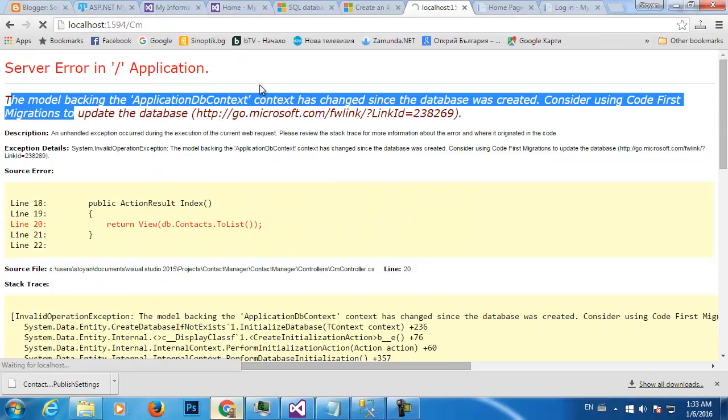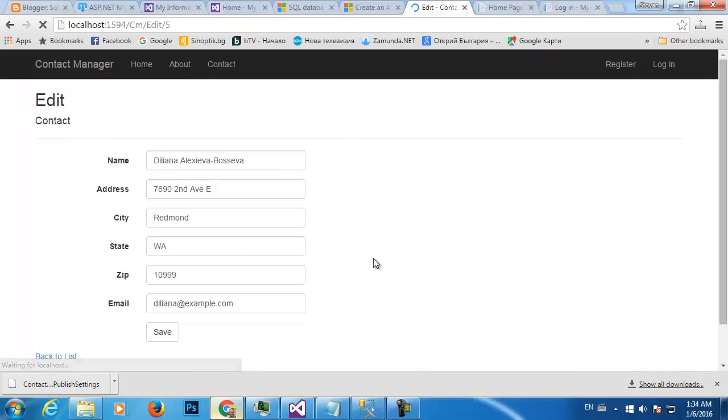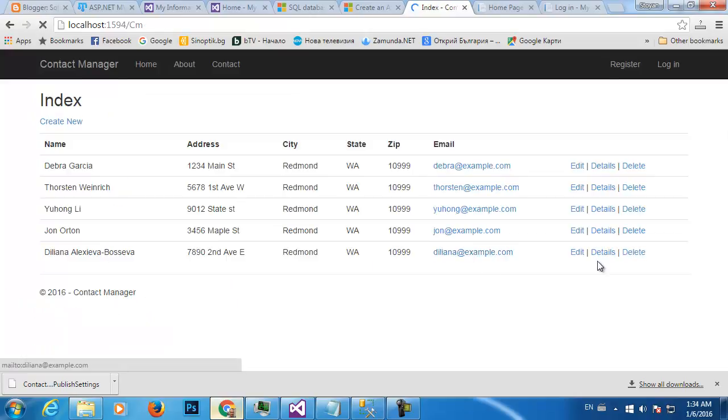We'll see a list with all the contacts we have entered into the table. So, come on. Voila, everything works. Diliana example, edit and details, just let's make sure that everything works. Back to list, details,